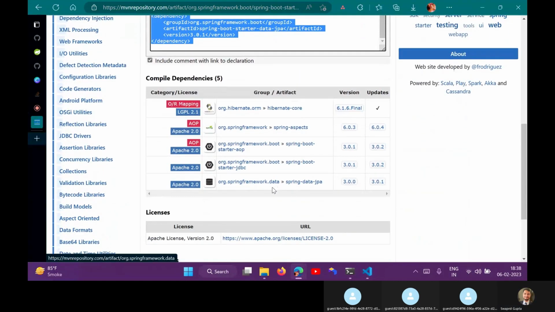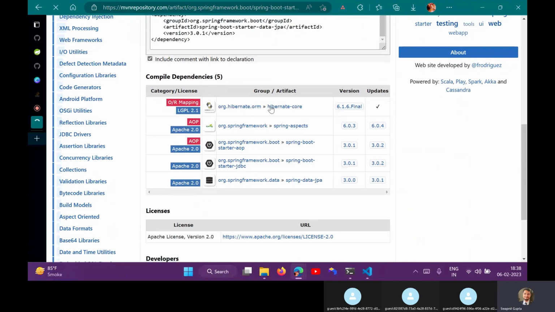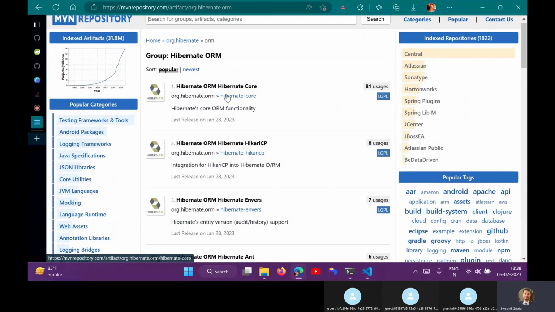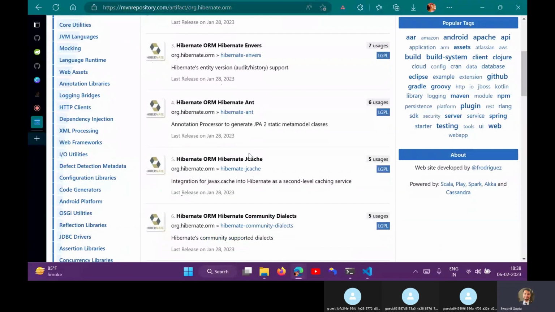Okay. Similarly, if you want to work with MySQL, you can install JDBC and then check MySQL, right? And there are a lot of other versions as well. You have to check as per your need, what exactly you need, like Hikari CP and ORM and core. You have to check what exactly your requirement is, and put it accordingly.